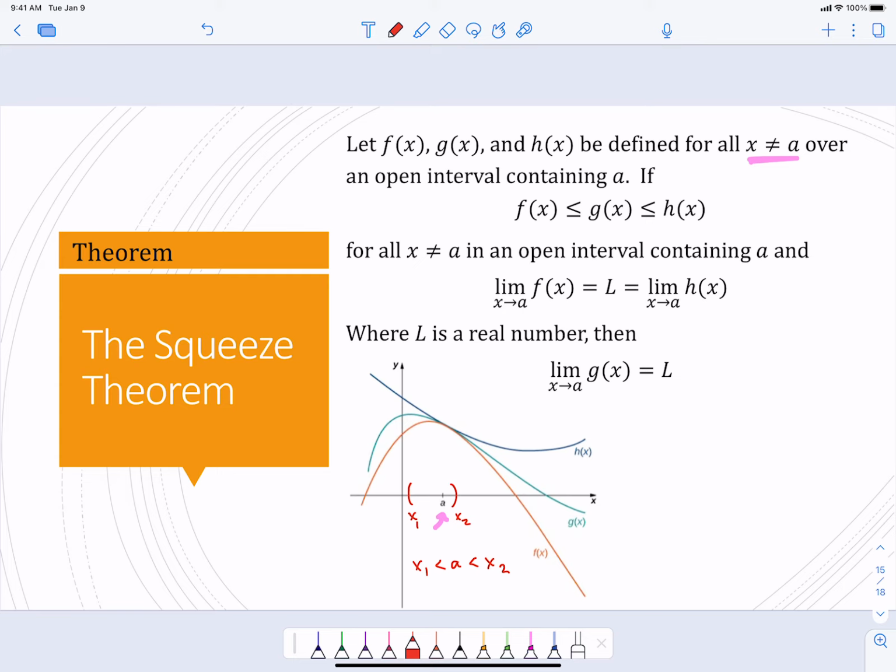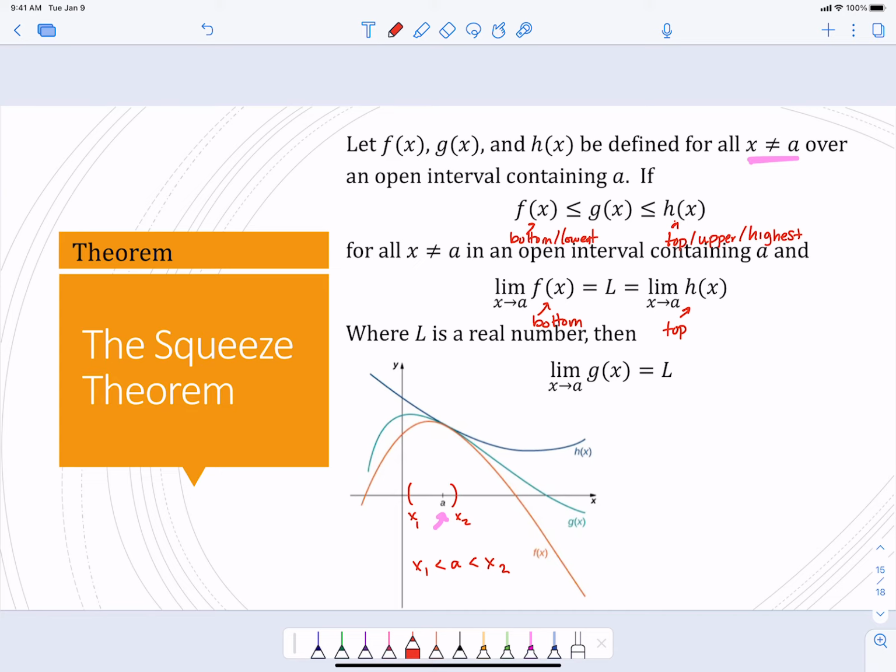And the limits of that bottom function, so that's our lowest function, and this is the top function, the upper or highest function, if those two have limits that exist as we go to a and they're both equal to L,